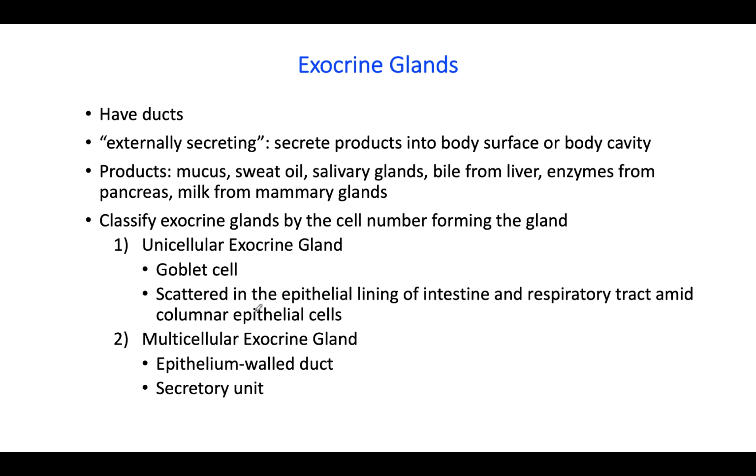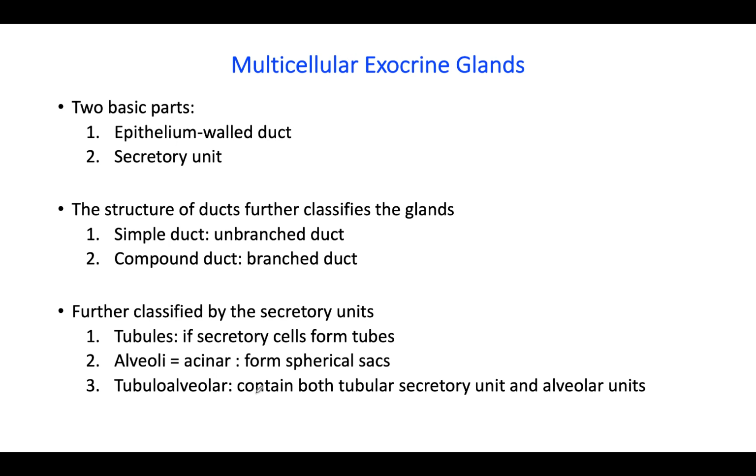Multicellular glands have two basic parts. One is the epithelium-walled duct and the other part is a secretory unit. Before we look at the diagram, multicellular exocrine glands have two parts, the epithelium-walled duct and the secretory unit, and